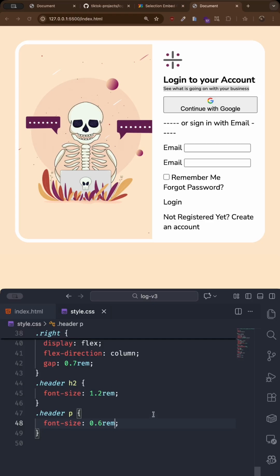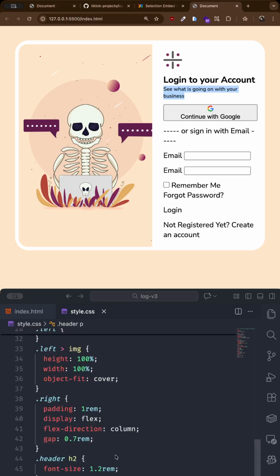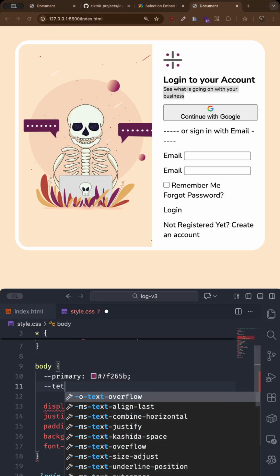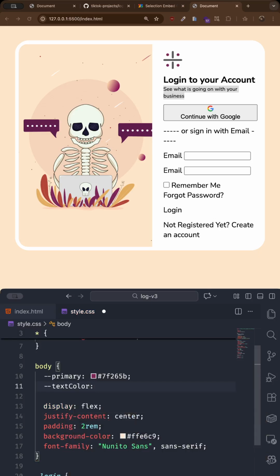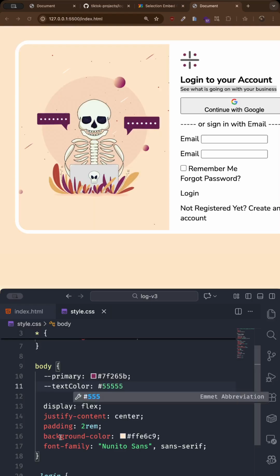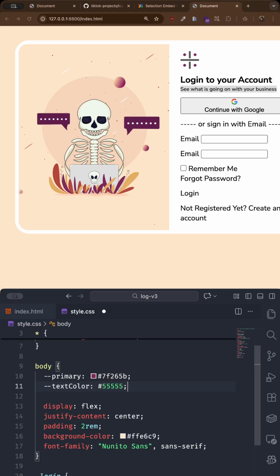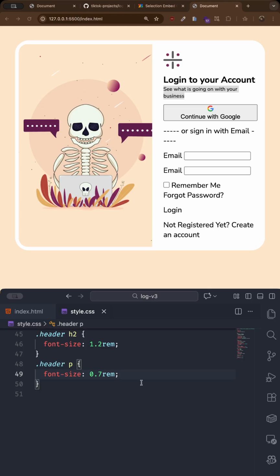I think 0.6 is too small. Let's do 0.7. Okay, I think 0.7 is okay. And also let's reduce the color. So I'm going to create a new CSS variable and say text color. Then I can use, let me make one up, 1, 2, 3, 4, 5. I'm going to use that like that. And then I'm going to add the color of the paragraph as,